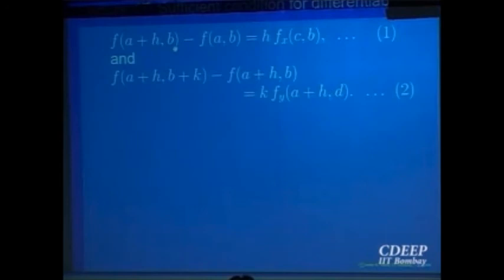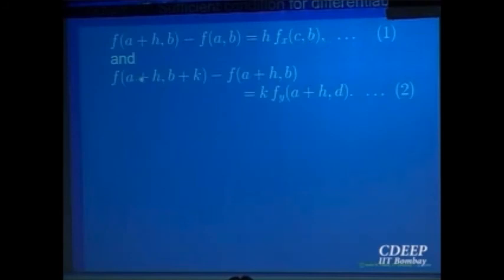f(a+h, b) minus f(a, b): b is fixed. We are looking at a function of the variable x only, in the interval a to a+h. I don't know whether h is positive or negative. It could be on the left or it could be on the right. But it is the closed interval with endpoints a and a+h. I am applying Lagrange's mean value theorem for the function of the x variable, with b fixed. So I will get a point c between a and a+h, and the increment is h times the derivative at that point, fx at c, with b fixed.